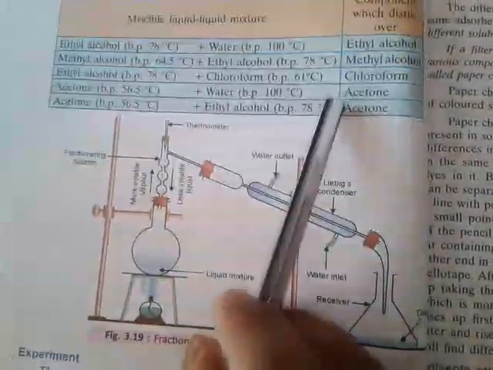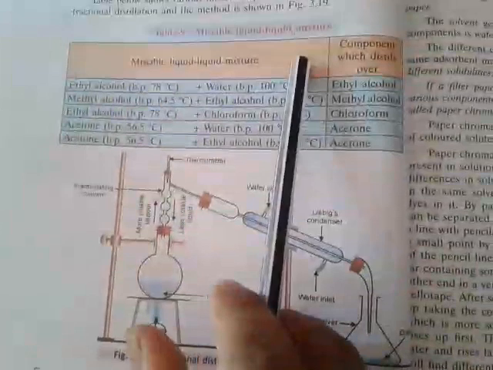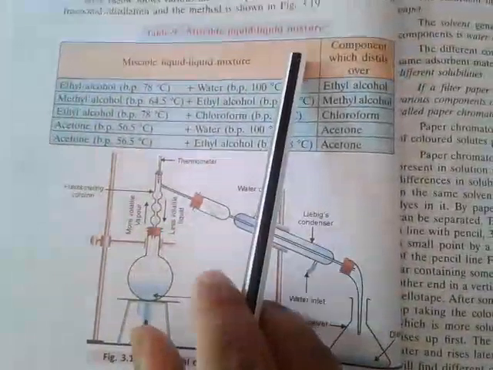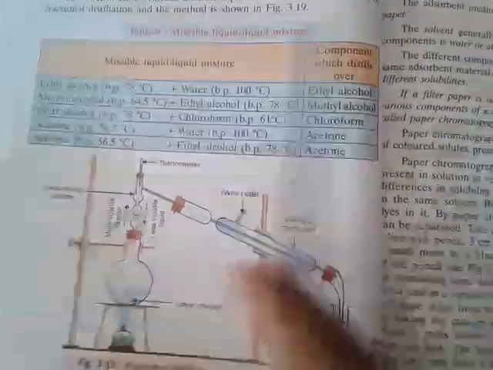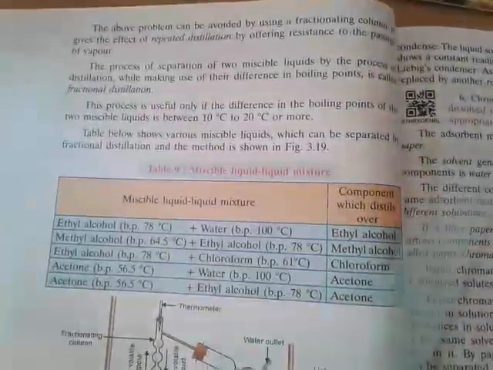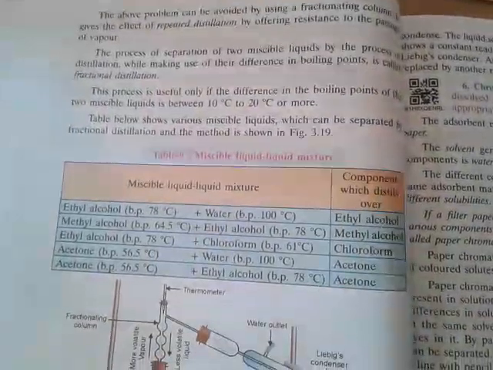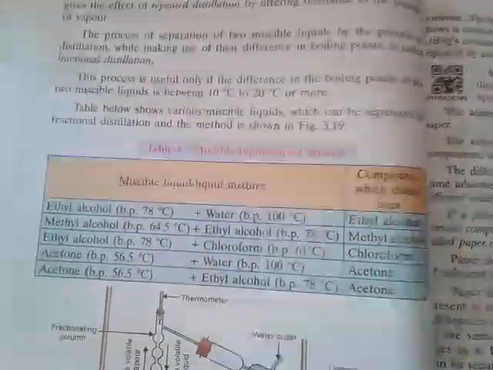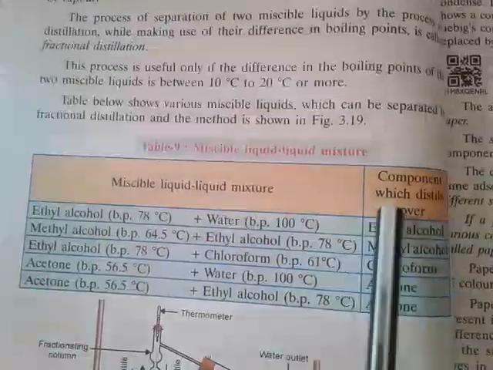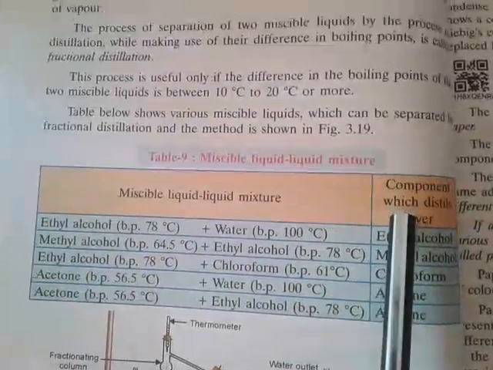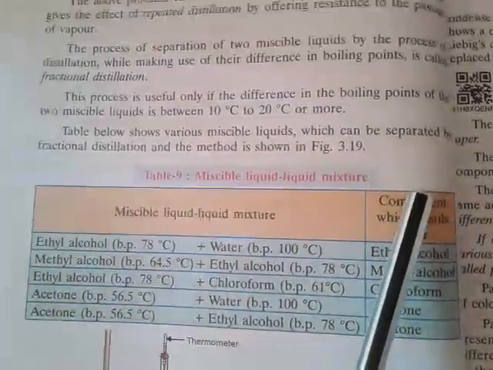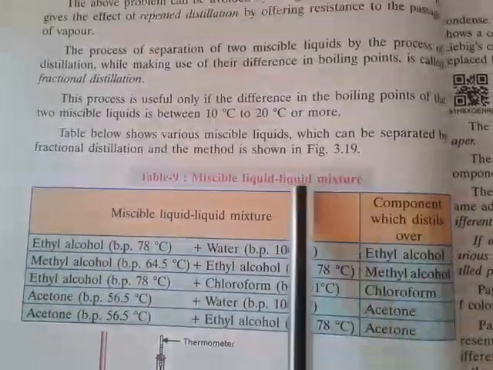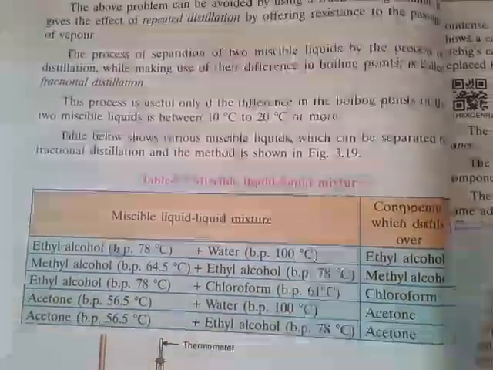Sometimes some books write 25, and sometimes 20 degrees Celsius, but generally it is 10 to 20 or 20 to 25 degrees Celsius. When the temperature difference between the two corresponding liquids is around 20 to 25 degrees Celsius or more, only then do you use this process,